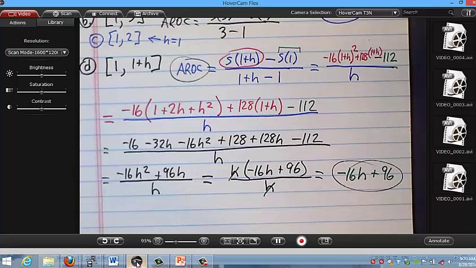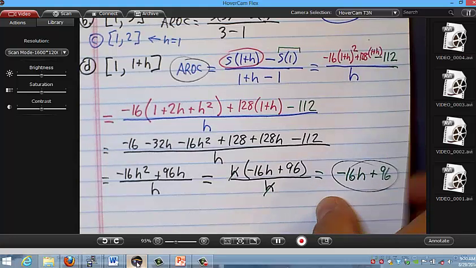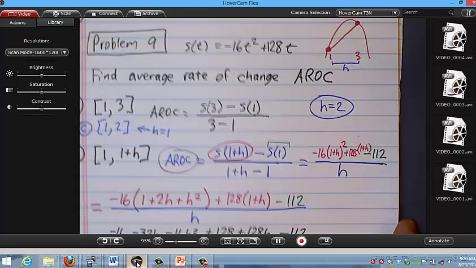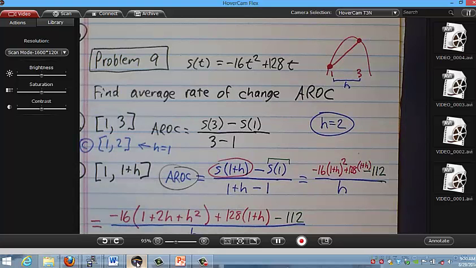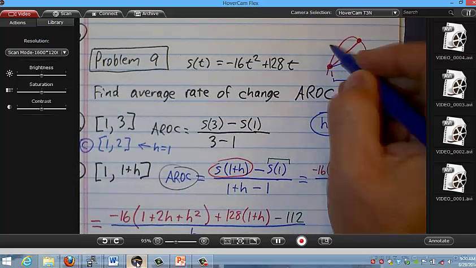So I guess the question is, how do I finish today's class? And maybe I finish with this calculus idea. It's really not until chapter 3, but you asked the question, so I have to go with it. We're finding the slope of secant lines. First we did from 1 to 4. Then we did from 1 to 3. Then we did from 1 to 2. Now if I want the slope of the tangent line right there at 1,